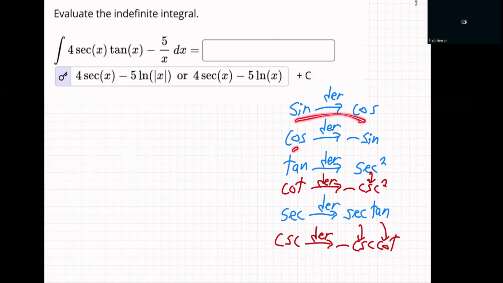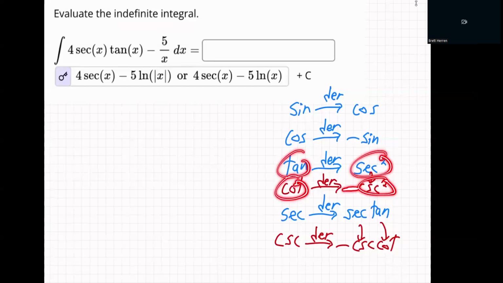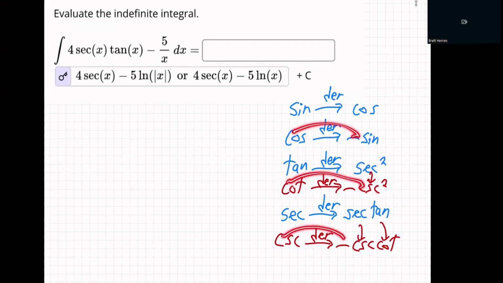The derivative of sine is cosine. Cosine is negative sine. Tangent is secant squared. And secant is secant tangent. And then the ones I have in red, they come from the others. Like tangent, cotangent. You just "co" the answer. Instead of secant squared, it's cosecant squared, and you make it negative. Because remember, the derivative of all cofunctions is negative. See, cosine negative, cotangent negative, cosecant negative.